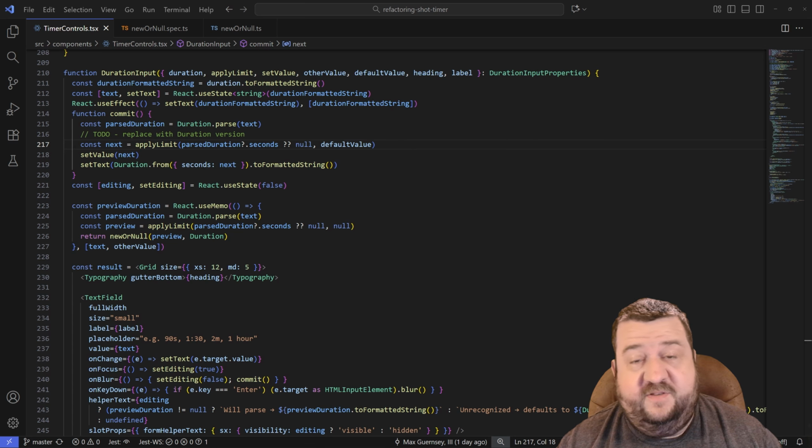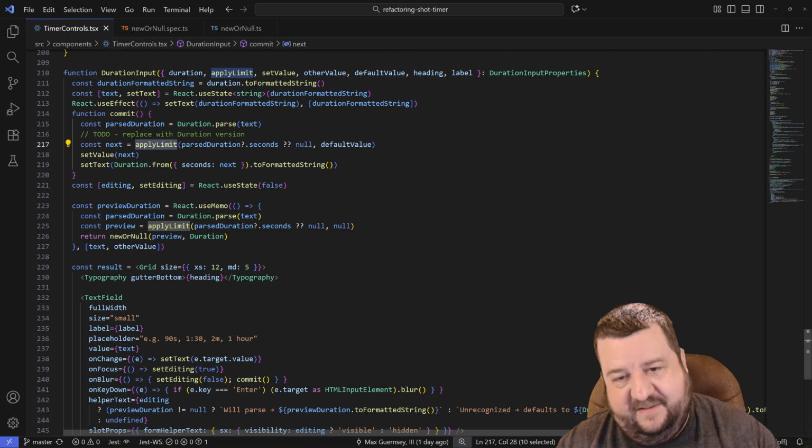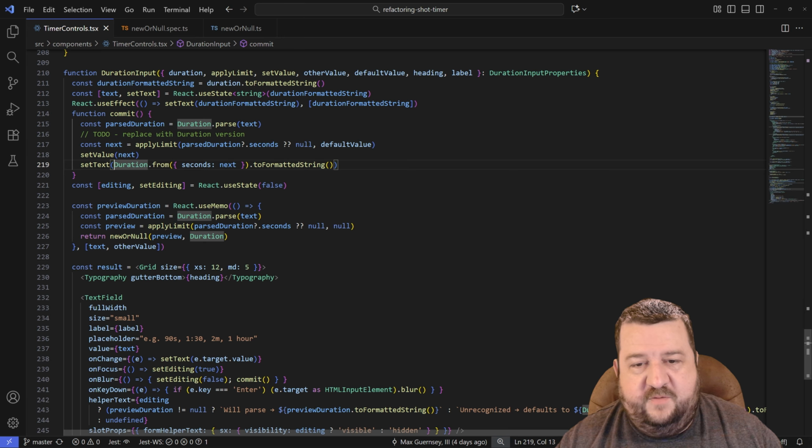In this video, I'm going to do the same thing I did in the last video, but I'm going to do it with this apply limit parameter. It's going to be a little bit hairier because we have to transform apply limit itself. First thing I'm going to do